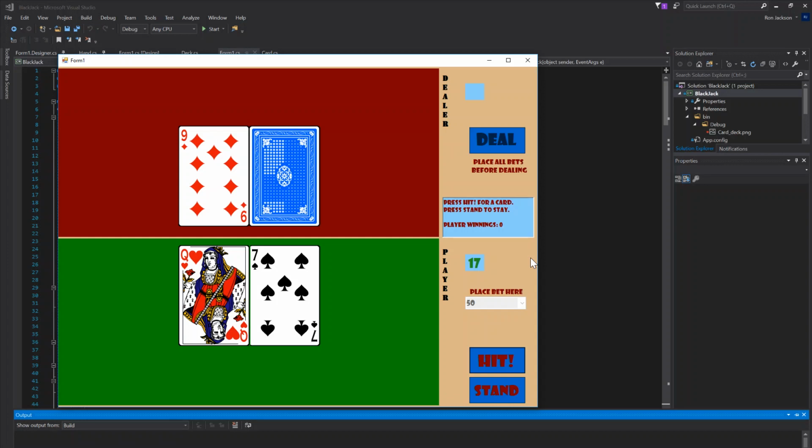Now, the player has a choice. There's 17 points showing. You can choose to hit and take a card or stand. I'll choose stand in this case. And then the play is automatic, as I mentioned. The